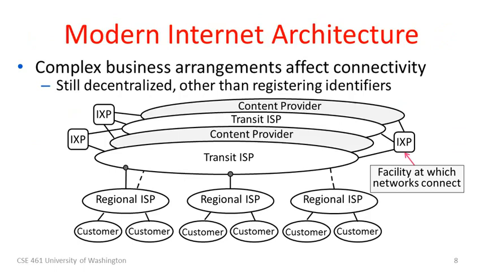And here, finally, is a diagram of the modern internet architecture. This is really to contrast with the earlier diagram. You can see that it's different in a couple of key respects. The main one is there's no longer a single backbone. There are instead these parallel transit networks which are providing connectivity. So if we want to send a packet between one customer and another, it may well be the case that the different customers will be on different